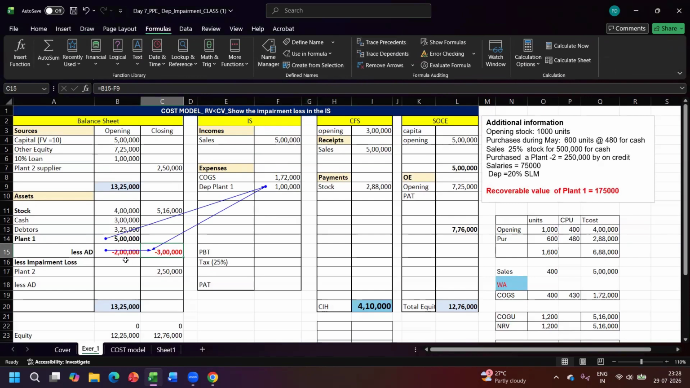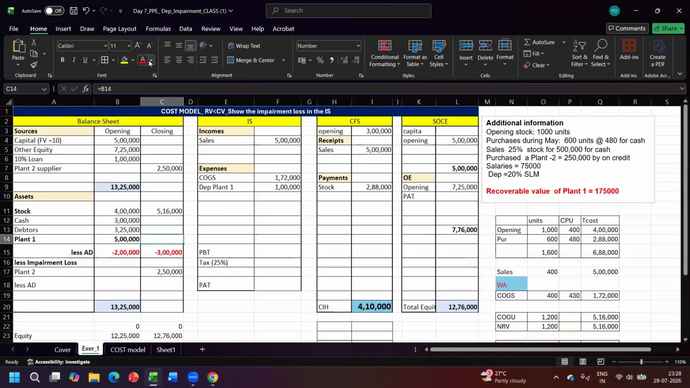200,000 opening accumulated depreciation plus the depreciation for the period. And during this period, the company did not sell that asset. So the value of the asset, the original cost of the asset, stays intact. Now we'll charge depreciation. Before we go to the depreciation on plant 2, we should also find out, as per Ind